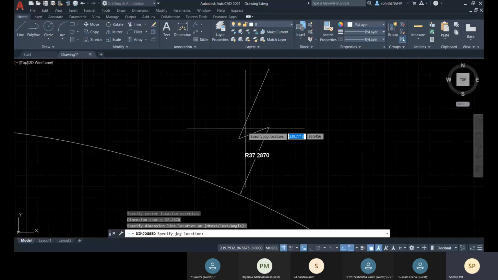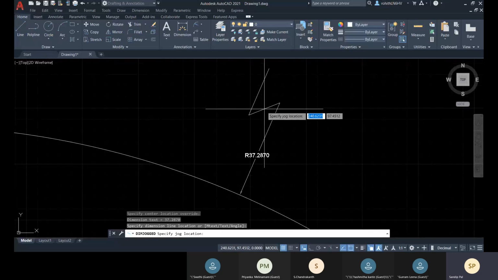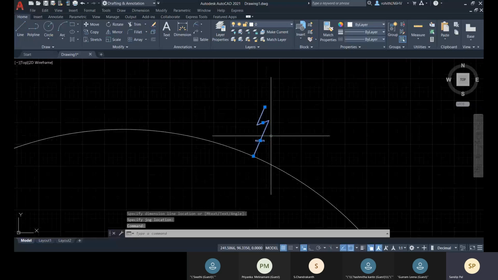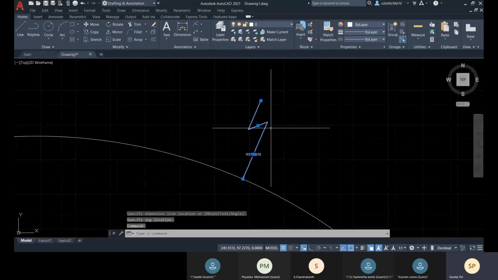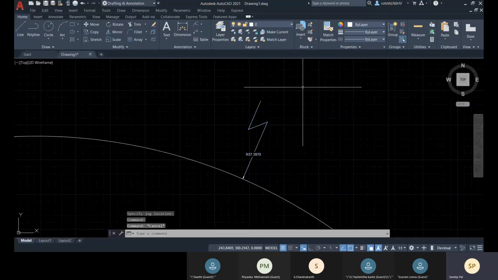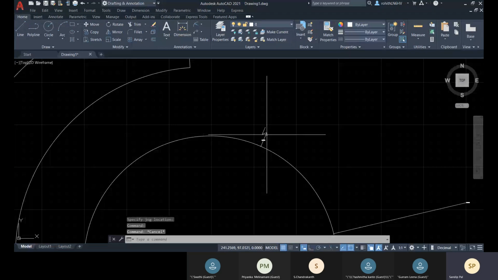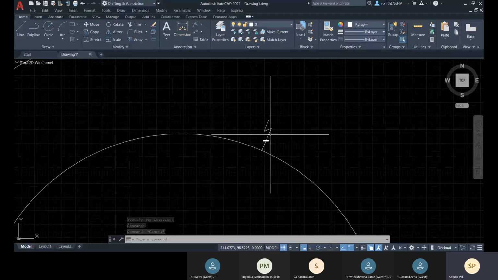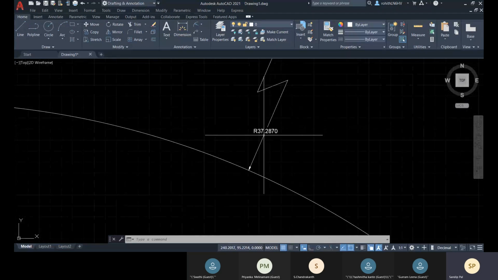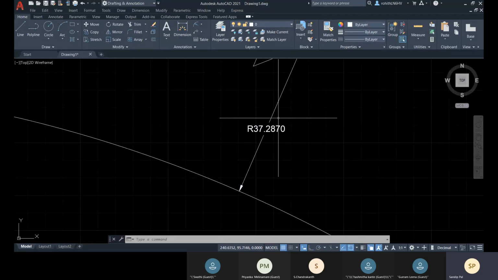Okay, now place it. So this is your jog dimension. Okay, so now you can say that this doesn't highlight the center, it only highlights the radius value.